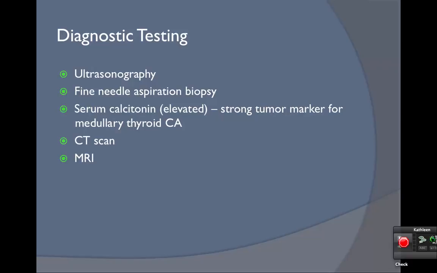So these are the diagnostic tests: an ultrasound, a fine needle aspiration biopsy. Not all patients have that. Serum calcitonin elevated, a strong tumor marker for medullary thyroid cancer, a CT scan or an MRI. And very important,